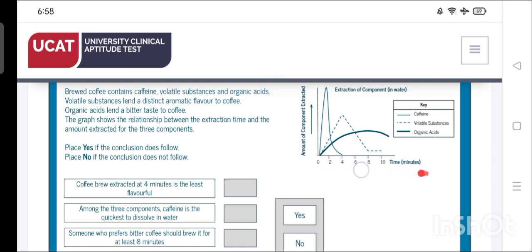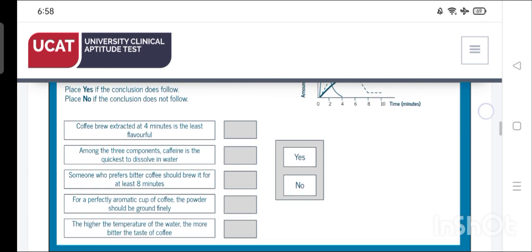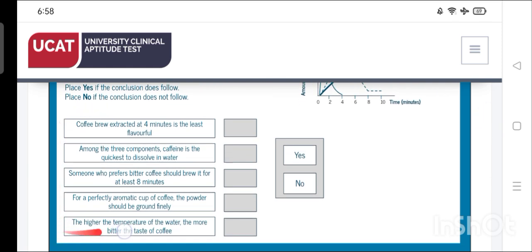So here we have a graph also. This will tell you about the amount of components extracted, and this one the extraction of component in water. So you can use this data that is provided in the form of chart, and you can also use this data to conclude your answers that are given here. So first conclusion we have: